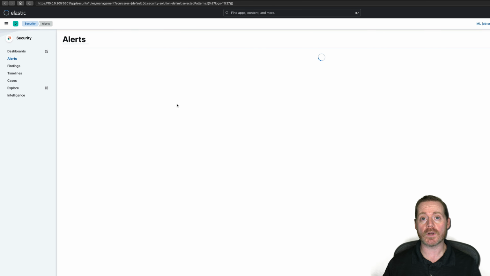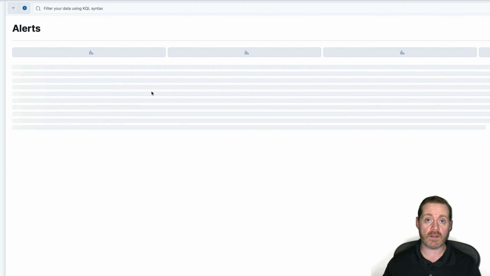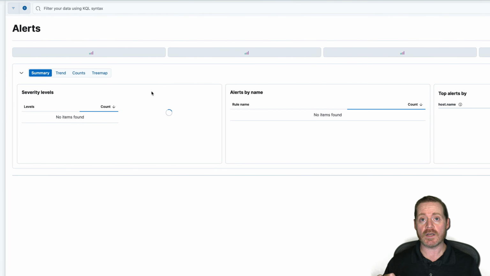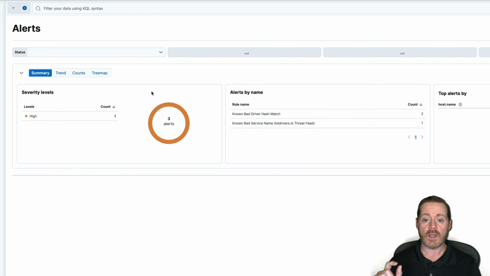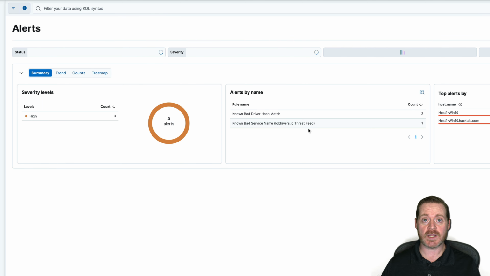I'm first looking for the service installation event, which is event ID 7045. And then I am looking for Sysmon event ID 6 with a specific Microsoft.sysmon provider. And you can see we have 3 alerts here. We have known bad driver hash match. We have known bad service name. Known bad service name means that we matched the zamguard.sys rule. And I'm getting errors down here. But if we take a look at these,